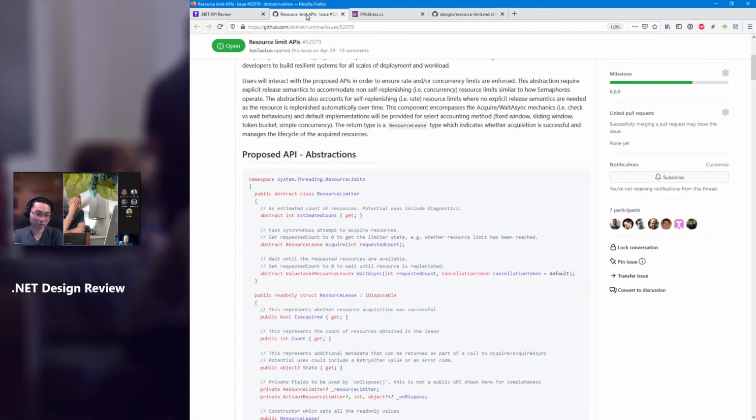But that means if it's usually a value type, you end up boxing. If it's usually a class, then it doesn't matter. Yeah. But that would basically mean you get rid of the dual system. You just have one resource limiter, and that takes a request unit that happens to be an int and some other piece of information. Well, if it was a rate limiter of T, and the acquire took some struct of T,